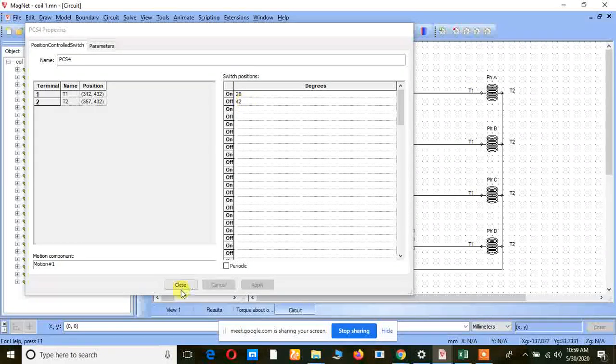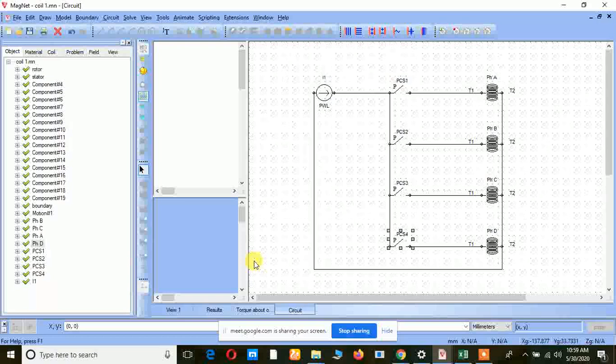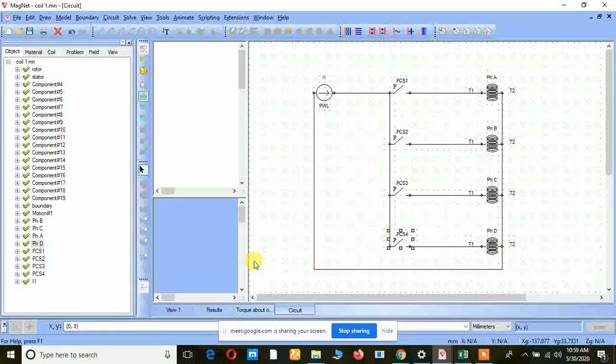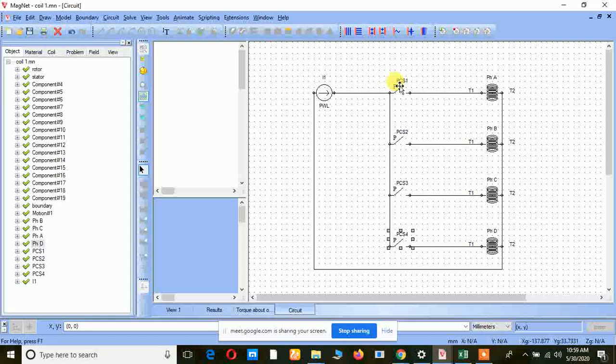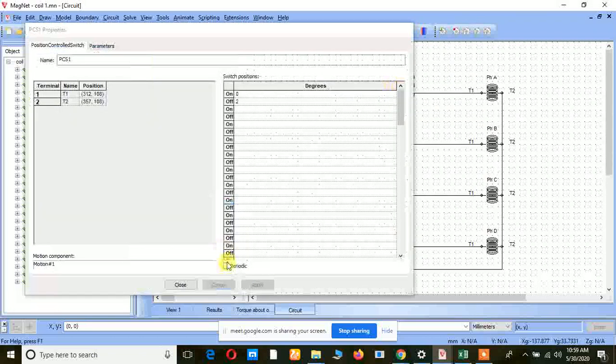Now what do I want to do? I want to rotate continuously for 1 hour, 2 hours. Then I just want to click the periodic here, right? After giving 3 cycles, continuously turn on and turn off, turn on and turn off, again turn on and turn off, I can give periodic. Then the rotation will be continuous.